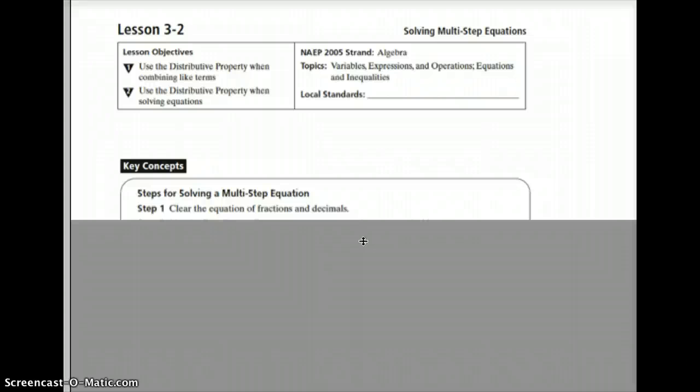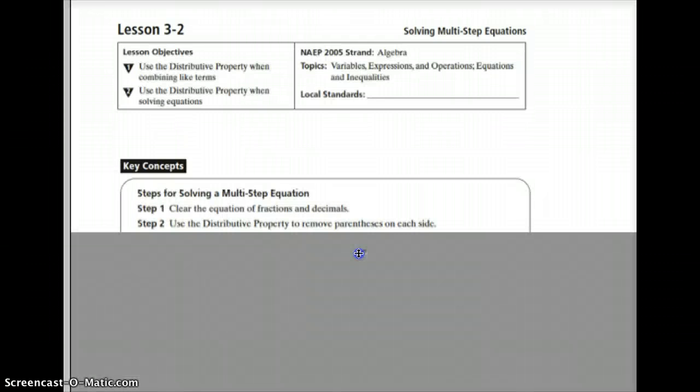of fractions or decimals pretty quickly. Our second step is to use a distributive property to remove the parentheses. So if you've got anything that needs to be distributed, you need to make sure you're distributing that in your